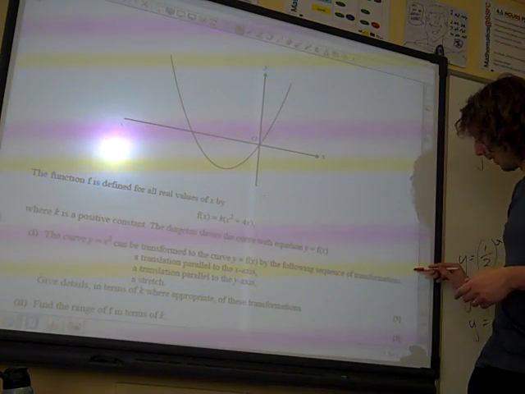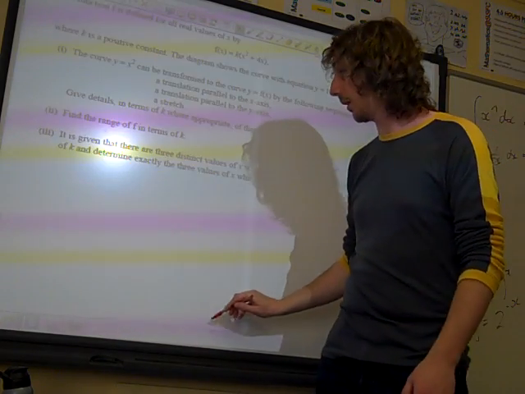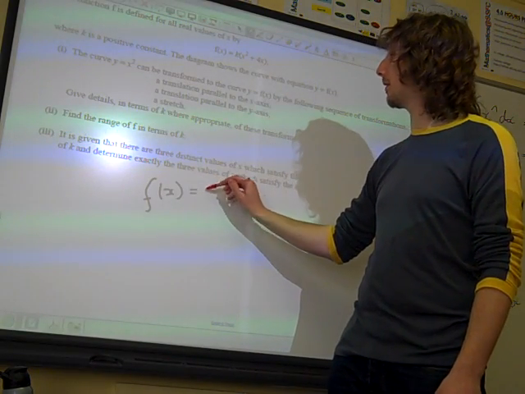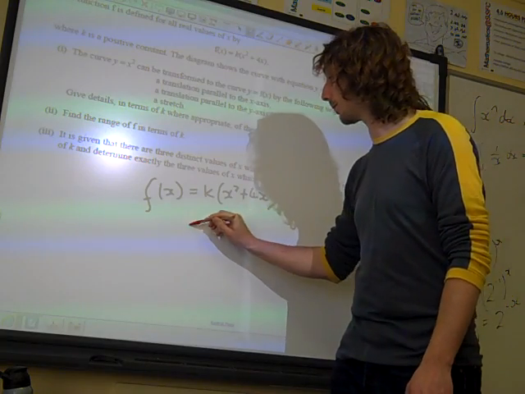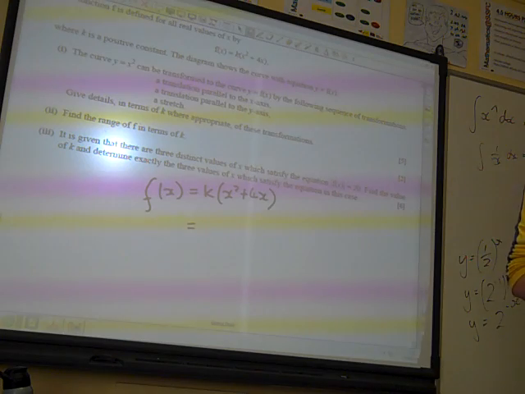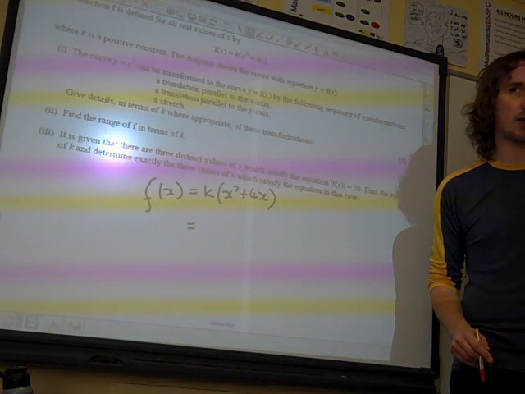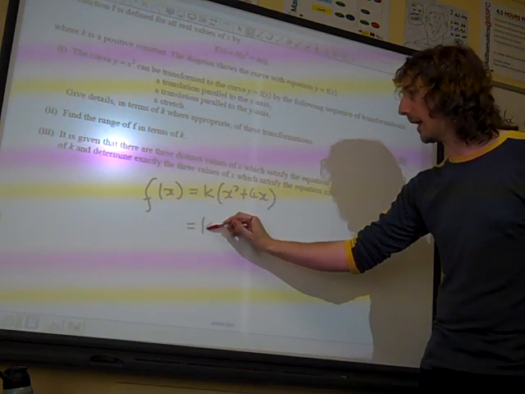Right, this is it. It's all about completing the square. If we do it, then it's going to be all right. f of x is k times (x squared plus 4x). I want to rewrite that so it looks like a completed square. x squared plus 4x, well, we get that by multiplying the bracket x plus 2 by itself, (x plus 2) squared. So this is k lots of